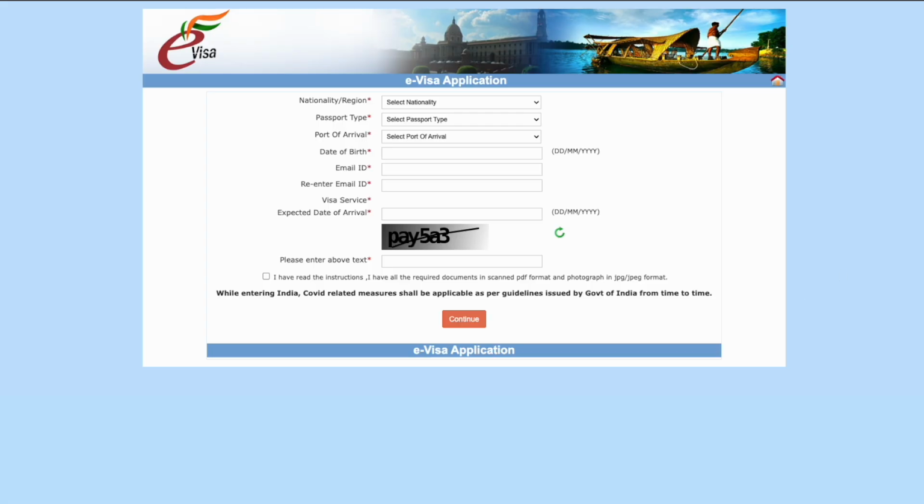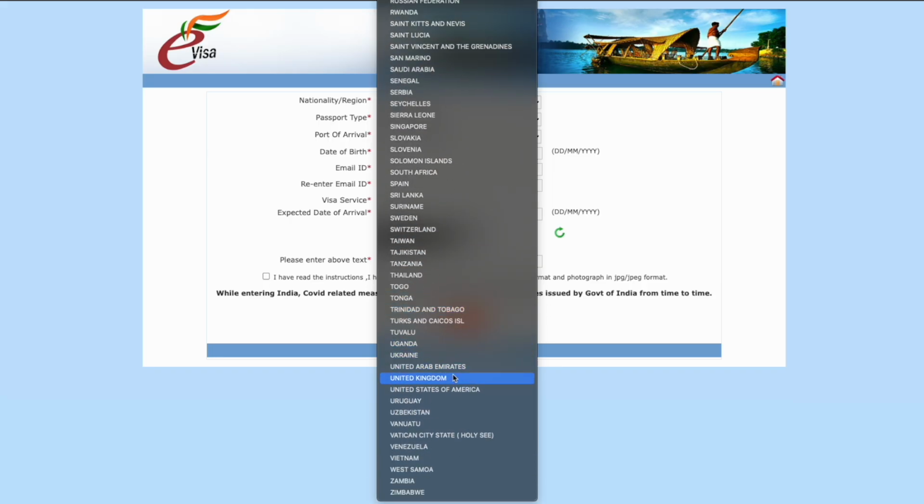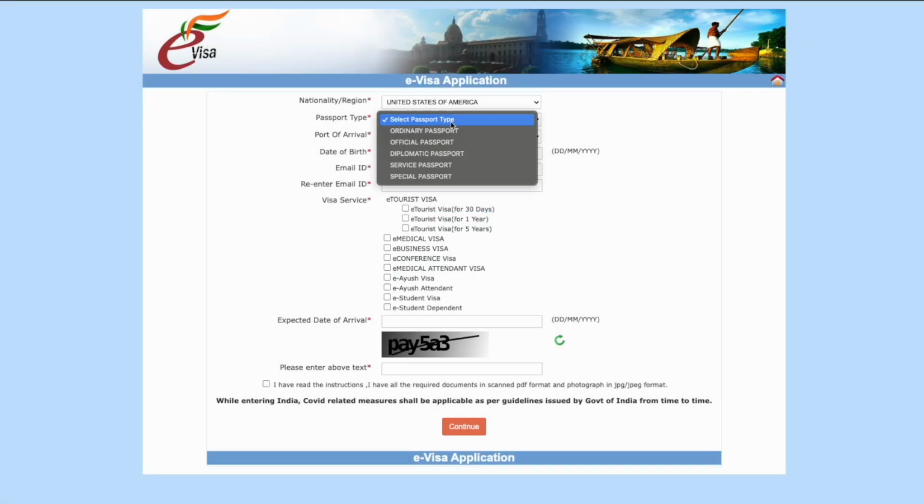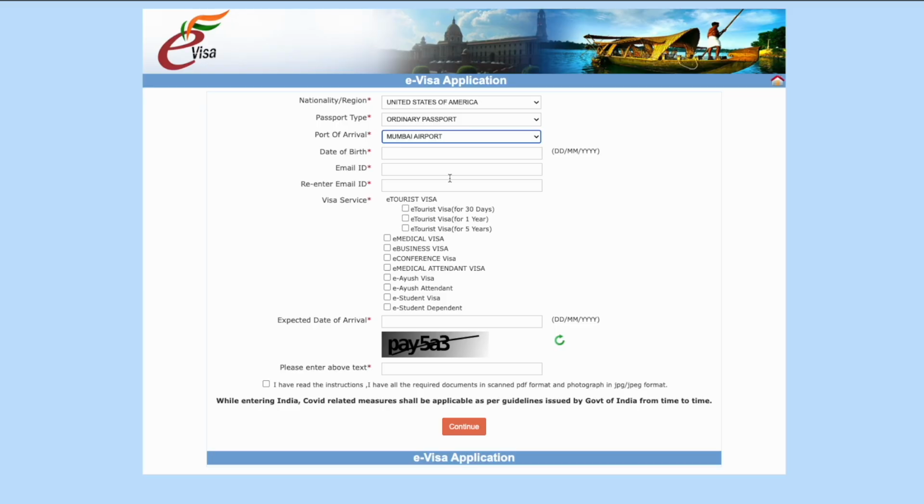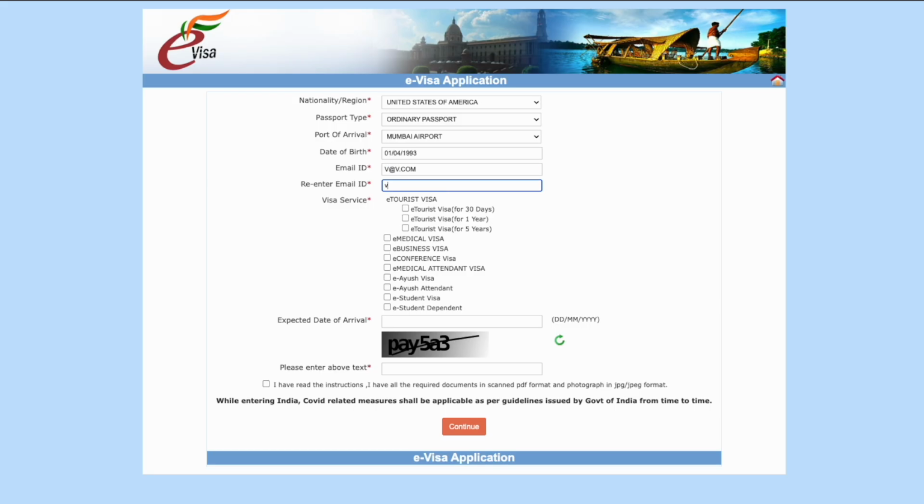You will come here to the first page. Select your nationality or region. I'm just giving you a sample for the United States, so select that. Your passport type, most people have ordinary, if you're just a regular citizen, unless you have a diplomatic visa, etc. So just select that. Select your port of arrival. There are multiple drop downs for airports and seaports, so make sure you select the right selection. Then you fill in your date of birth, your email ID, re-enter your email ID,